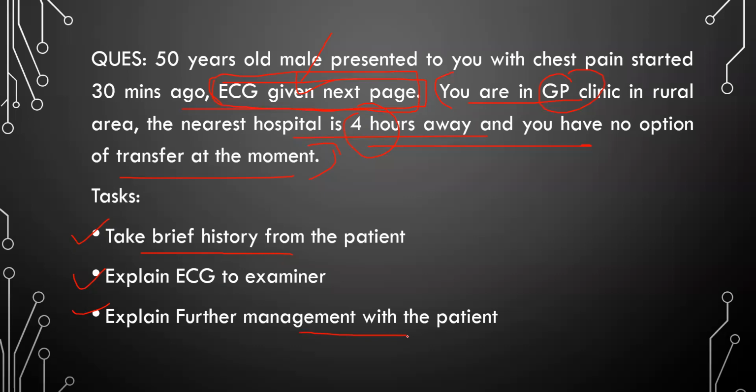Explain to the patient properly that you are having a myocardial infarction, which means heart attack. I'm really sorry to say that to you, but John, this is a medical emergency. But I want you to know that you are in safe hands, and I will do everything possible in my capacity to make sure you get the most appropriate and the safest management possible. John, having a heart attack means that your heart blood pipes are not getting enough blood supply due to deposition or accumulation of some fatty substance in the heart blood pipes. Because it's not getting blood supply, some part of your heart muscle is dying every minute that we are waiting. Please don't get scared.